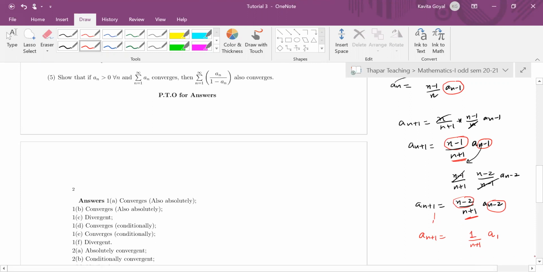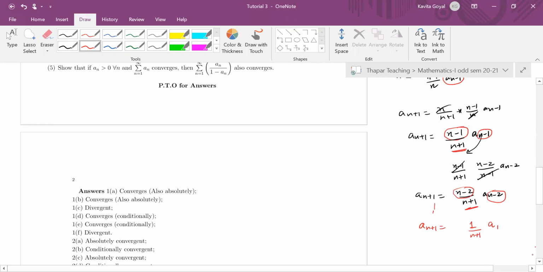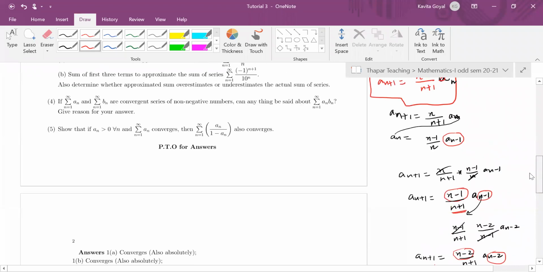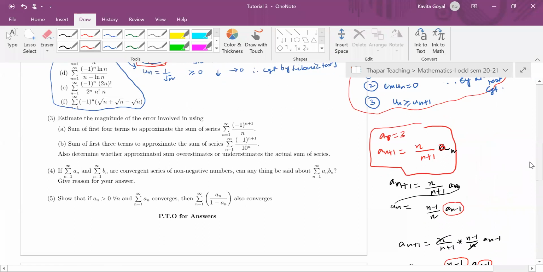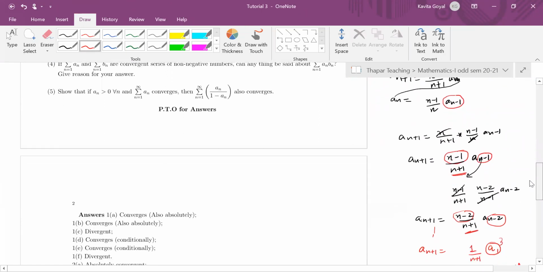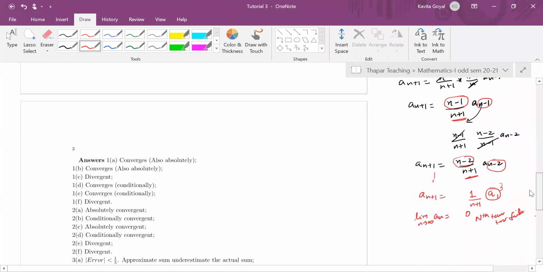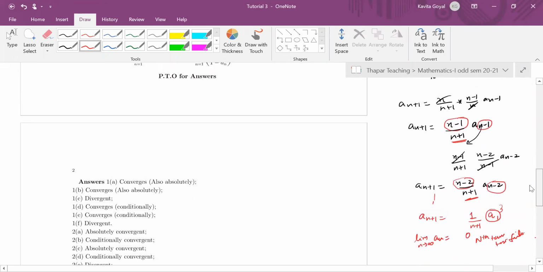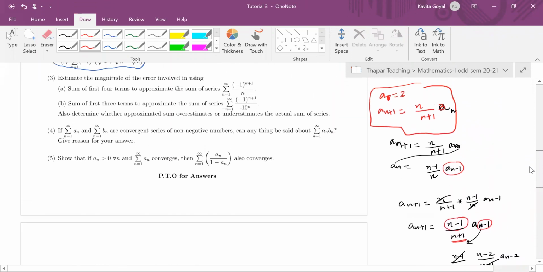So if you now apply the nth term test, what do you get? The limit as n goes to infinity of an will be 0, because this is 3. So the nth term test fails. So what else can we do? Have I done the calculations right? Because in the answer it is given that it is divergent by the nth term test. Can you check the calculations better, please?